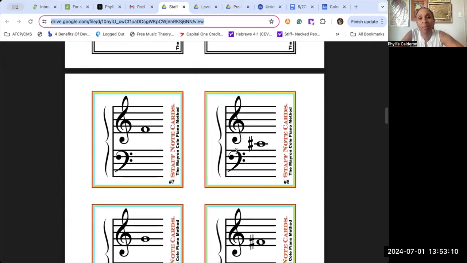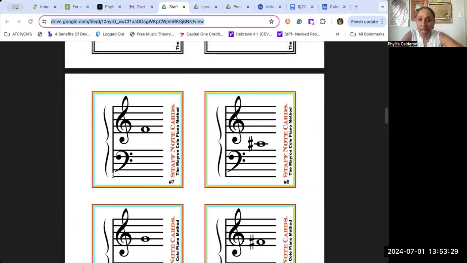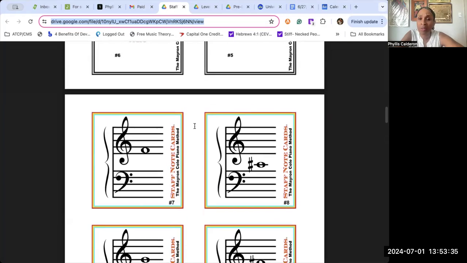Now, if you are in Mayron Cole Book 1, and I think it's about up to page 81, where you have been introduced to a few symbols, music symbols already. Of course, you've been introduced to the music staff. You've been introduced to this little squiggly line here that's connecting the staff. That's called a brace, by the way. You've been introduced to